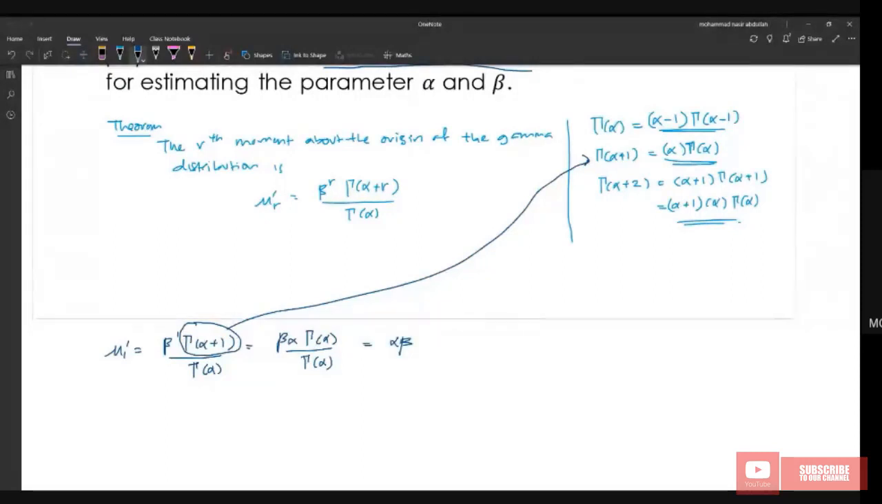If we want to find mu2 prime, it is equal to beta to the power of 2 gamma alpha plus 2 divided by gamma alpha, which is equal to beta to the power of 2. Since gamma alpha plus 2 is equal to alpha plus 1 alpha gamma alpha, this should be alpha plus 1 alpha gamma alpha divided by gamma alpha, so this should be alpha